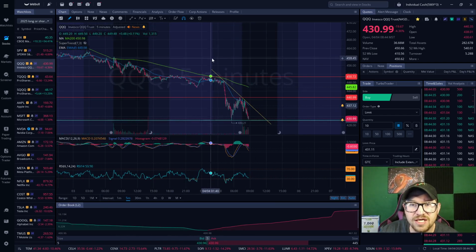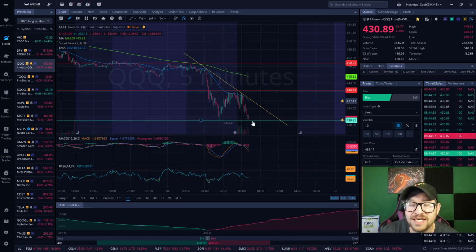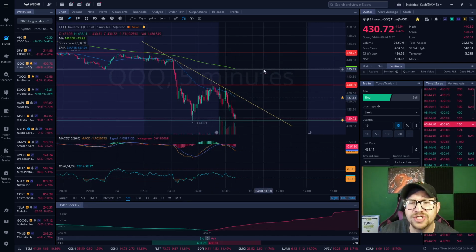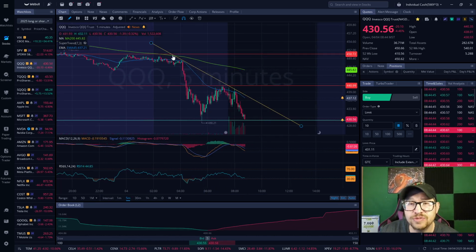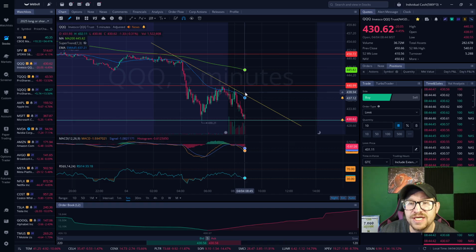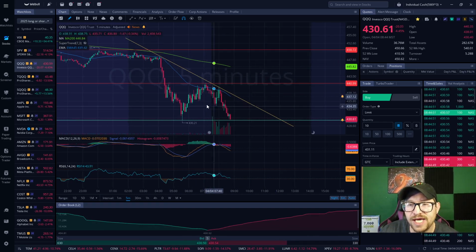QQQ beginning to sell off. We noticed that it was making lower highs today, right? It tried to make higher lows, but was not able to get past this trend line. This trend line was perfect. Perfect setup here. It could not get above this trend line, not once, twice, nor 3 times, and continued to